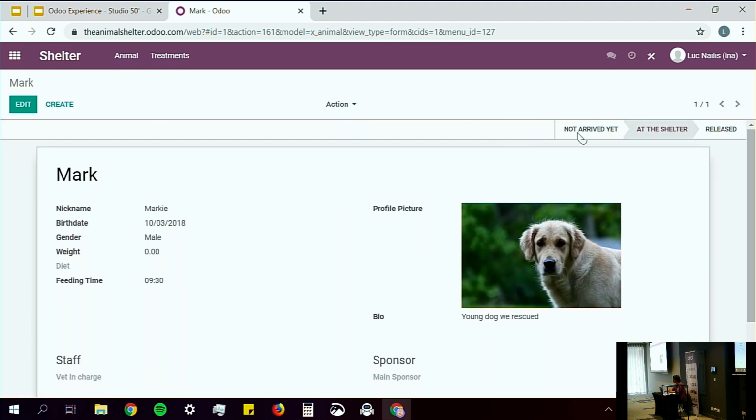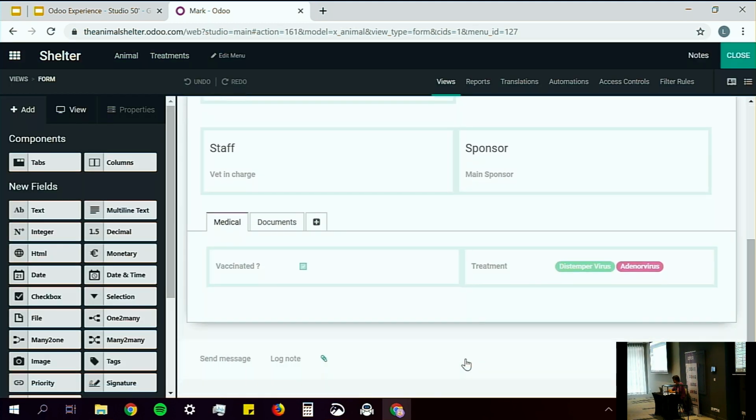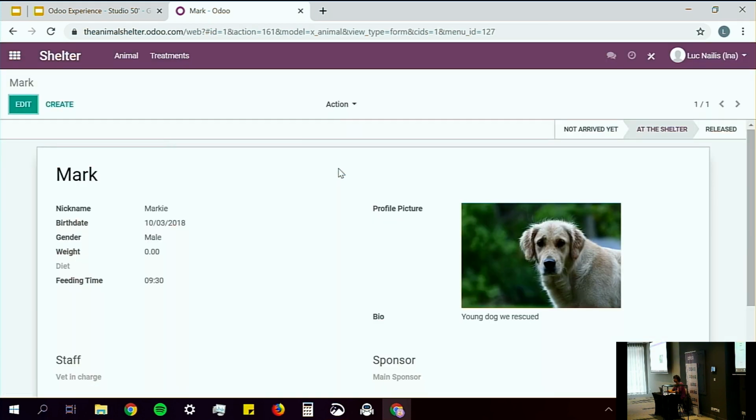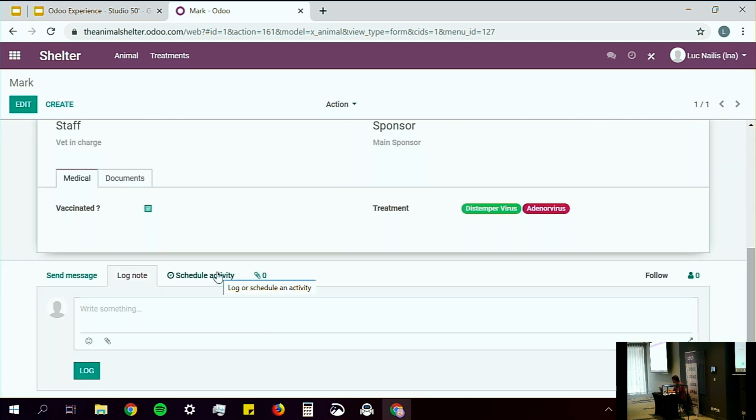Now, let's keep going. Still with Studio, we'll add a chatter, right? Where we can communicate with the audience, keep notes, etc. So I just click here, add chatter widget, and here I am. So now it does look a lot more like an application because I could put some notes, really nice dog,